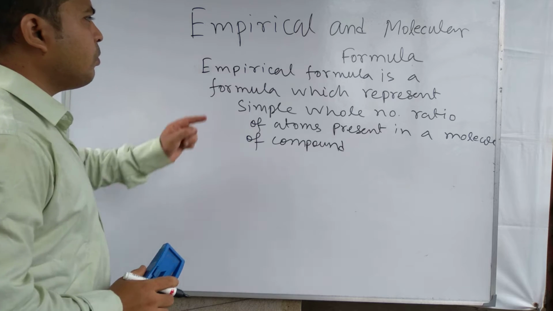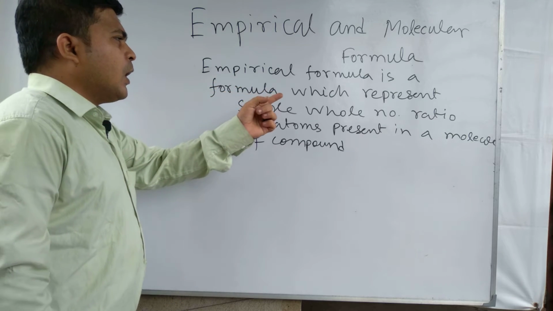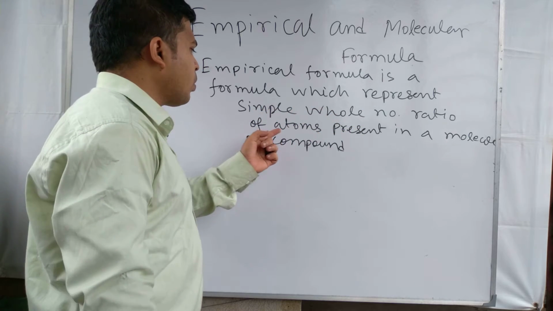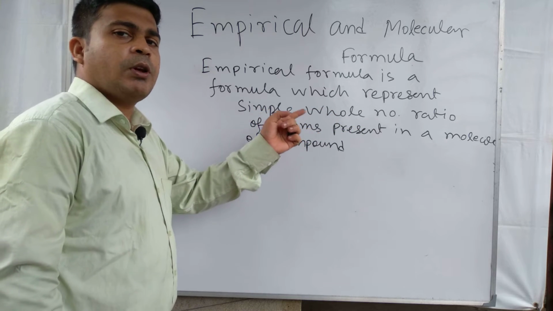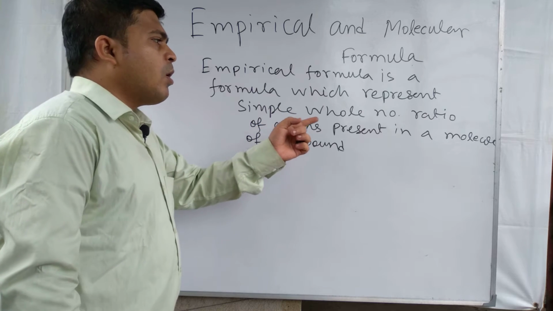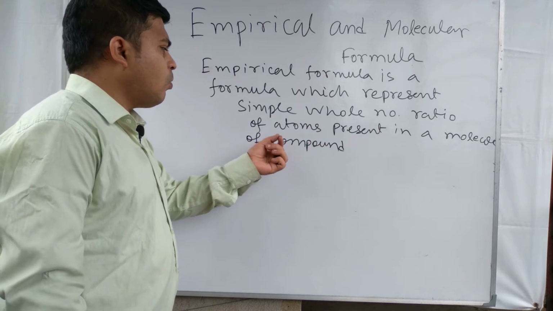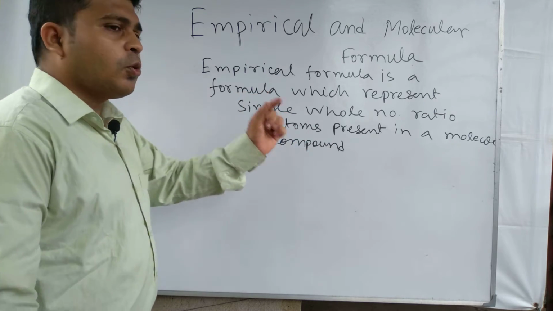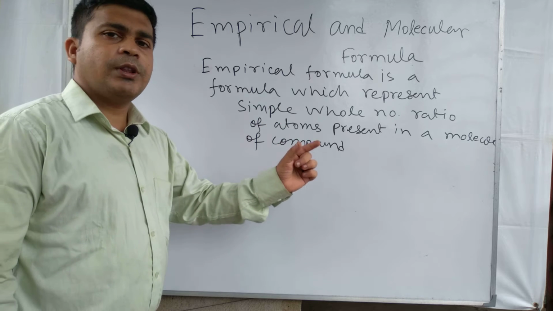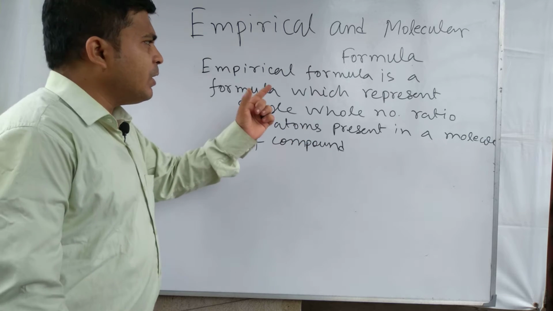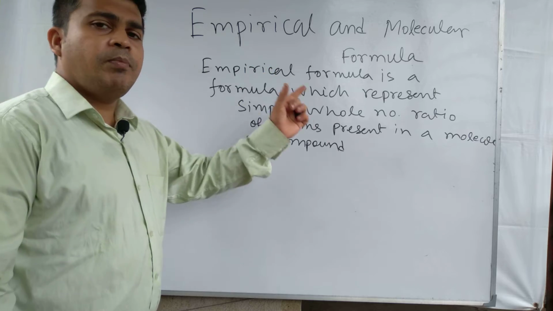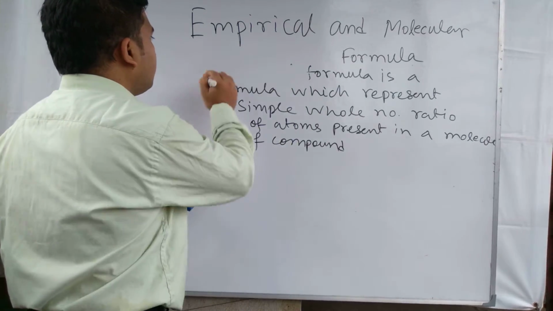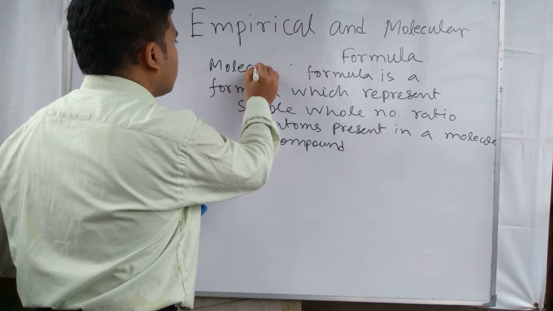For a compound, empirical formula is the representation of the simple whole number ratio of the number of atoms that are present in one molecule of the compound. For one molecule of the compound, the ratio of each atom present is defined by the empirical formula. Okay, but for molecular formula,